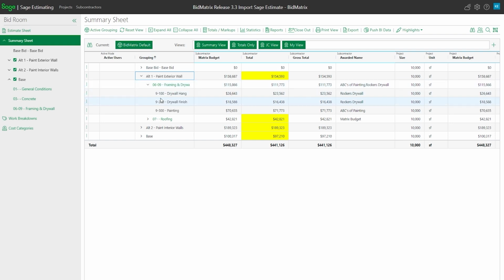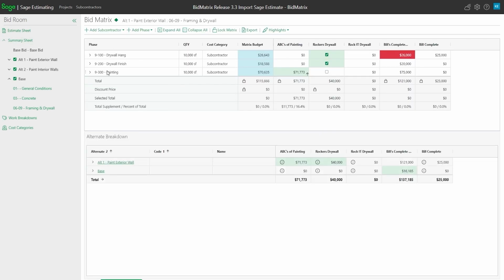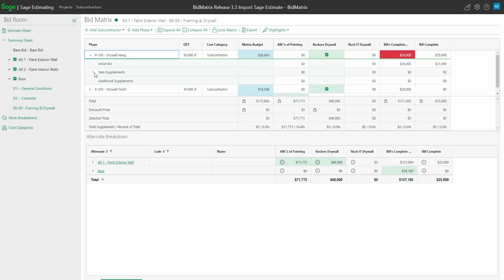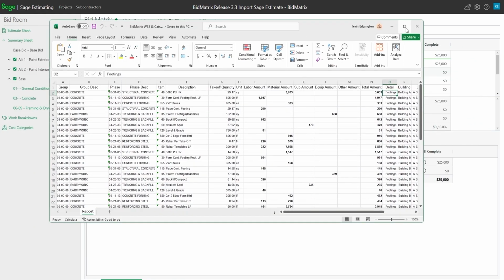Within there, you have each one of the different phases of scope that you're checking on for that bid metrics. And if I open that up, you see the same ones. And then if we take a look at one level deeper, for those that are estimating in detail of items and so forth, you can get an item list of what the detail was that made up that particular phase. With that being said, I'm going to go and find my Excel spreadsheet here that I want to open. And let's slide this over.